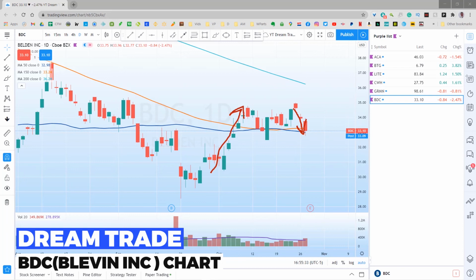It did not close below the 50 today. So what we're looking for is a candle close below the 50 to sell BDC. The stop loss will be 1.1 times the entry price, and the first target will be 0.95 times the entry